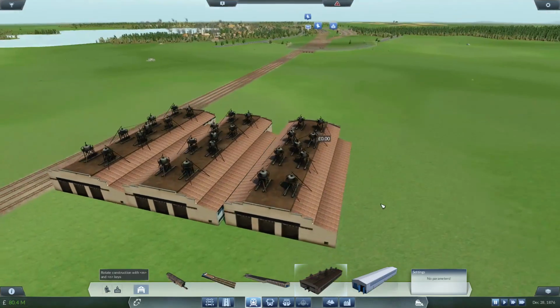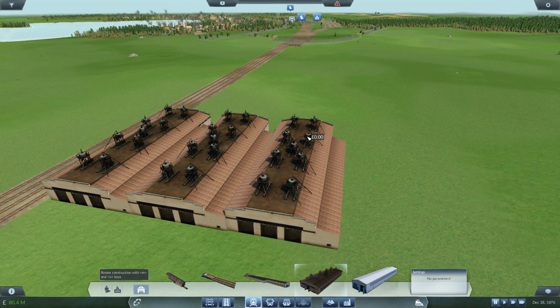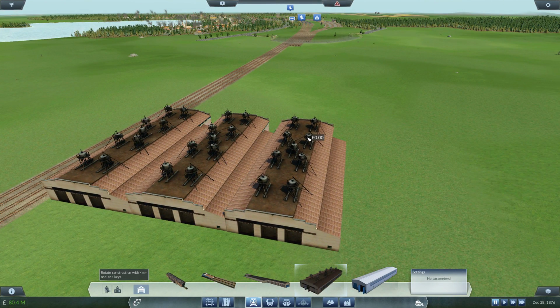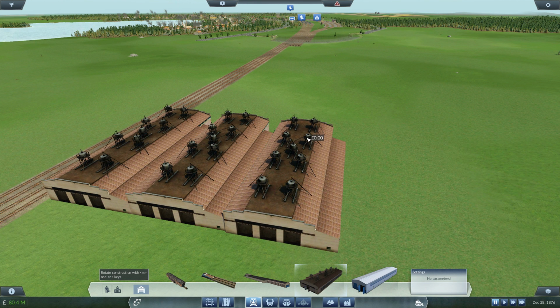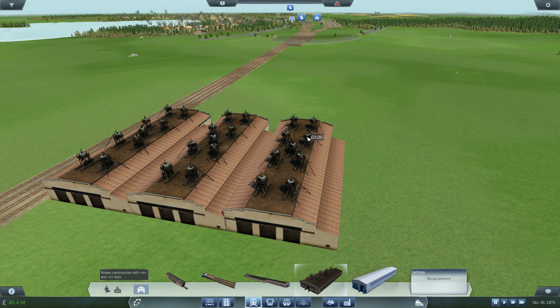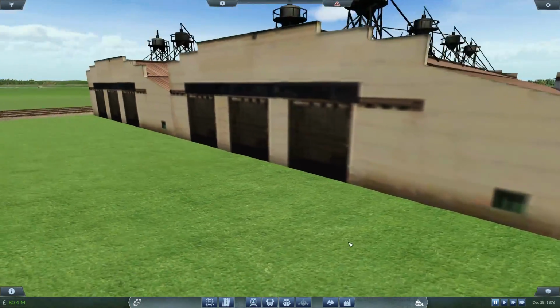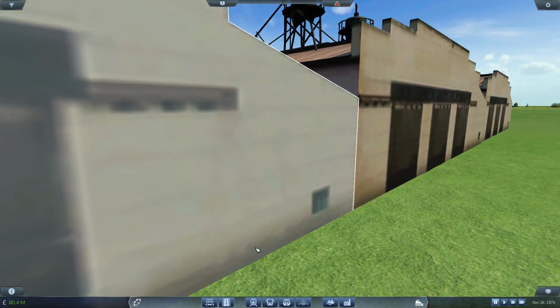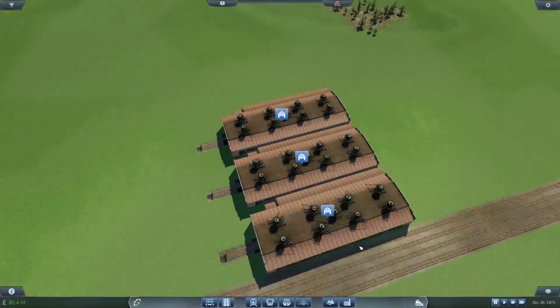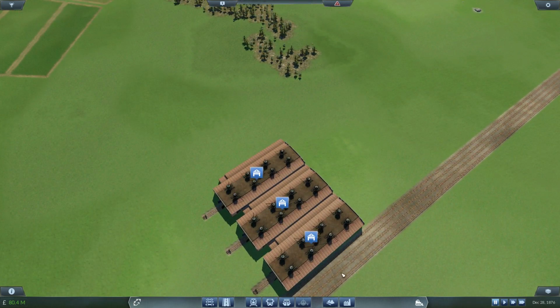Why not? Like this. Come on. That looks pretty close. Those ones are almost perfect, but that's pretty close, and that is the end of the